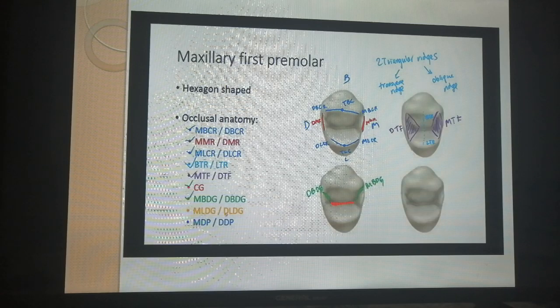As we see here in the occlusal aspect, the mesiobuccal cusp ridge, distobuccal cusp ridge, mesial marginal ridge, and distal marginal ridge, mesiolingual cusp ridge, distolingual cusp ridge, buccal triangular fossa ridge, lingual triangular ridge, mesial triangular fossa, distal triangular fossa, central groove,